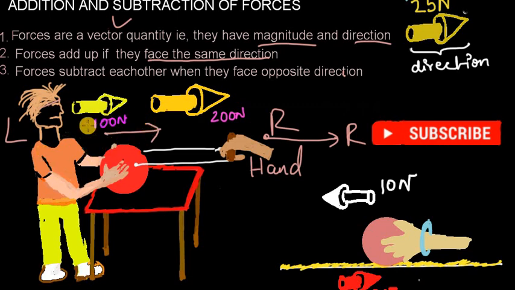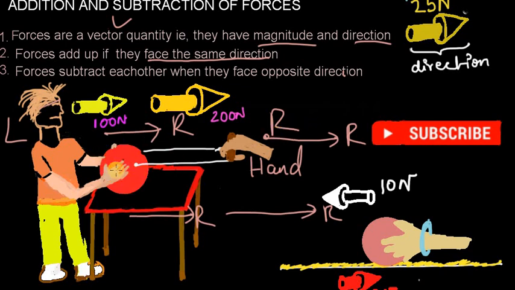I just depicted that person's hand. This person is actually pulling it towards the same direction, towards the right. So they are applying force in the same direction. If you and your brother push in the same direction, you feel it is easier, isn't it? That's because the force adds up. Your force and your brother's force add up to give a larger force which acts on that body, and you can easily move that object.